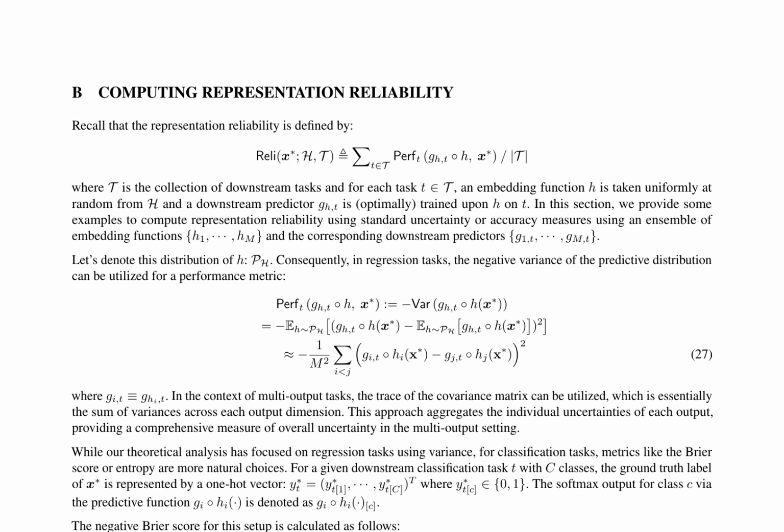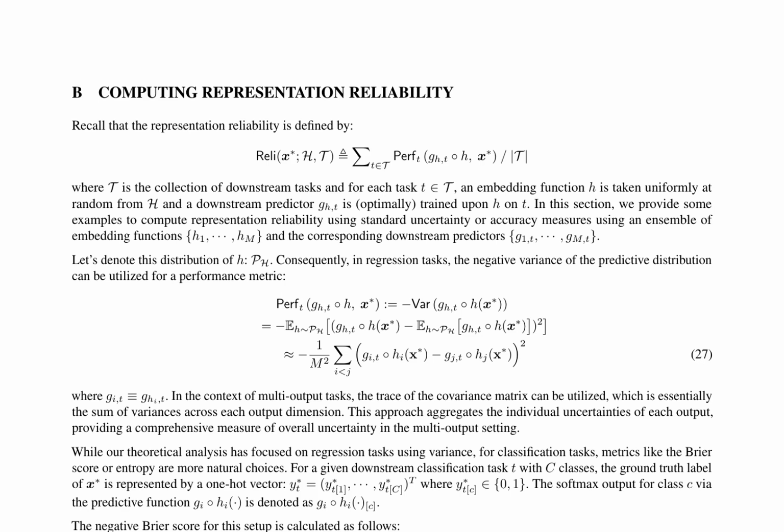This section explores methods for computing representation reliability using standard uncertainty or accuracy measures. In regression tasks, the negative variance of the predictive distribution can be utilized as a performance metric, perf_T(g∘h, x) = -Var(g_T∘h(x)). This metric can be approximated using an ensemble of embedding functions, h_1, ..., h_M, and the corresponding downstream predictors, g_1,T,